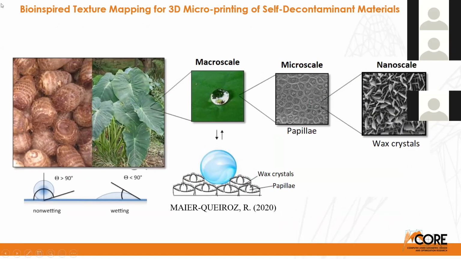So what we see here is that the superhydrophobic property comes from the contribution of different scales, mainly the micro scale and the nano scale. At the micro scale, we see what we call papillae, and at the nanoscale, the wax crystals. Together they don't allow the drop of water to wet. It stays in the shape of